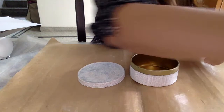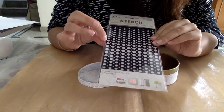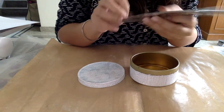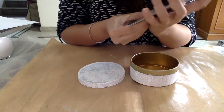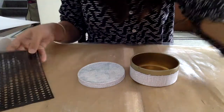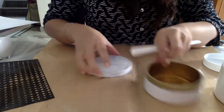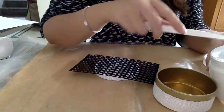Now for the next step, we're going to add some texture using a stencil. So for this, I'm using this circle stencil, dots stencil by Itsy Bitsy. And to get a dimension in the texture, we'll be using the modeling paste. So this is the modeling paste that we'll be using for this. So just place the stencil on the surface, and with a plastic palette knife,